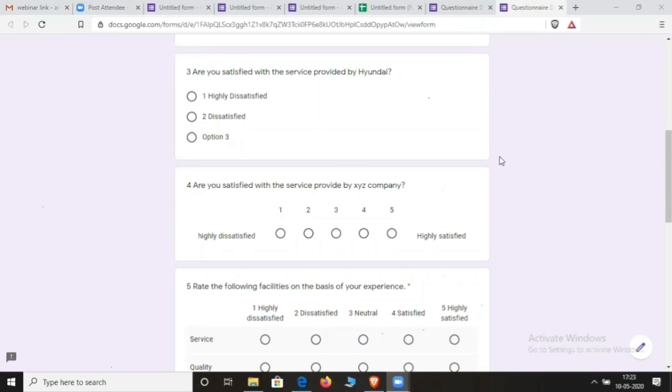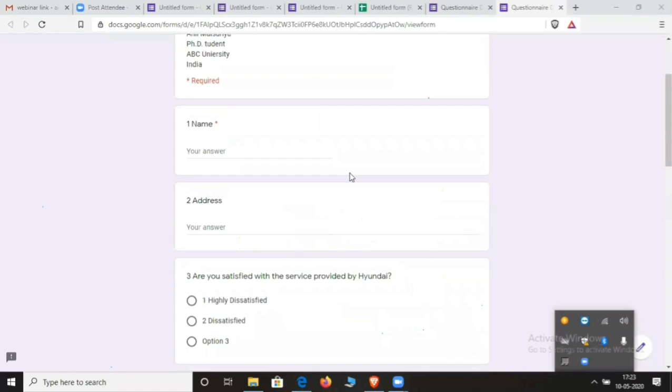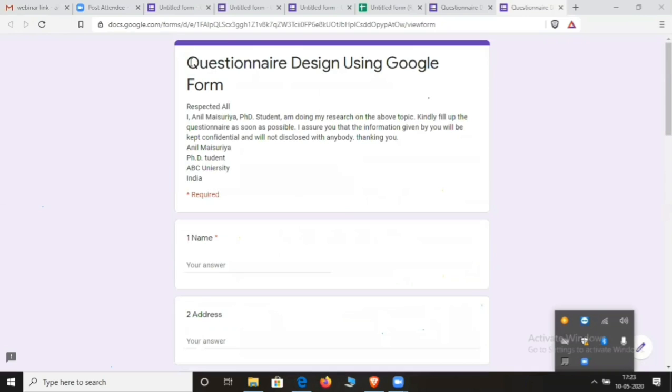Sir, I have 2 doubts. One is how to change the language. Suppose you want to frame the questions in our local language, how can we change the language? Sir, this option is available in your PC or laptop. First of all, you have to add the particular language in your system, and when you enable the language, you can type the question in your language also.